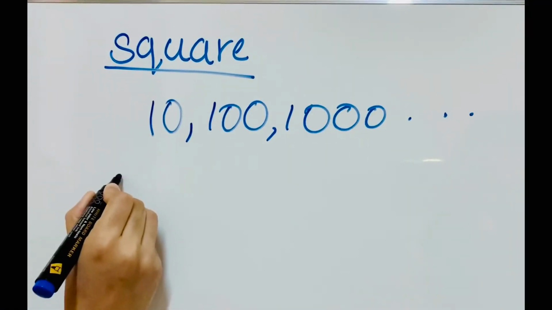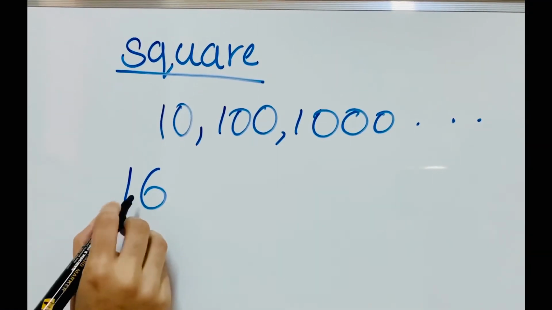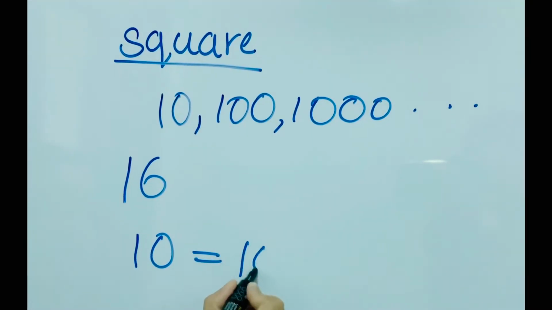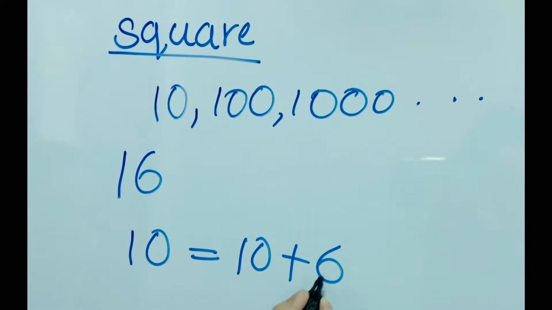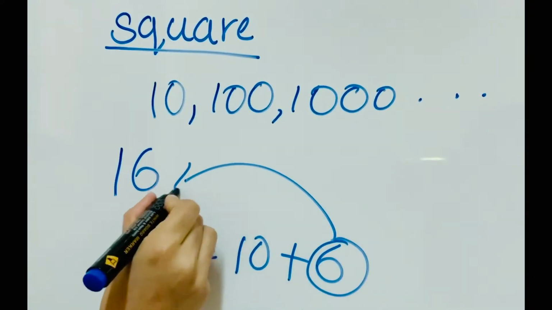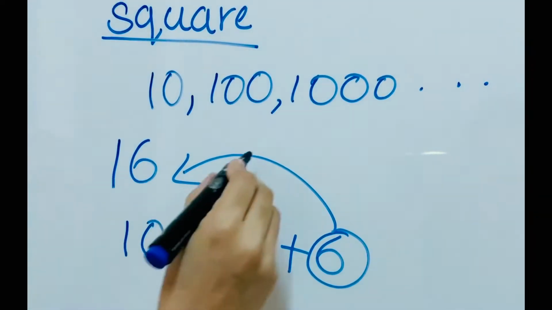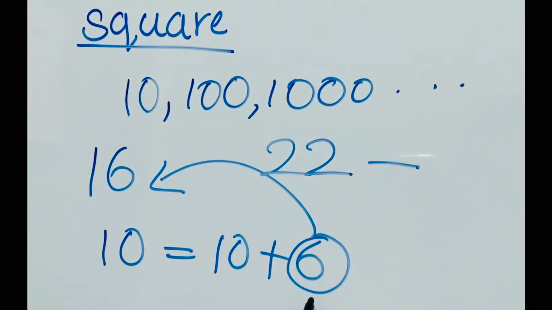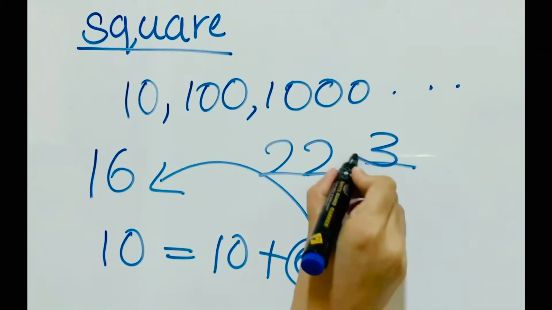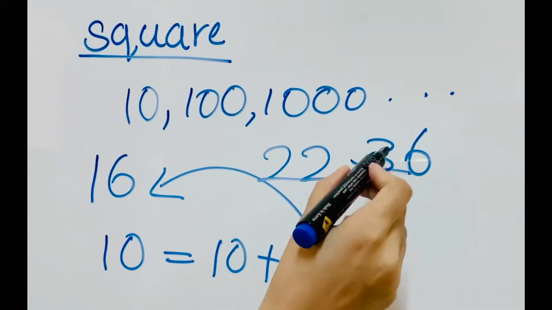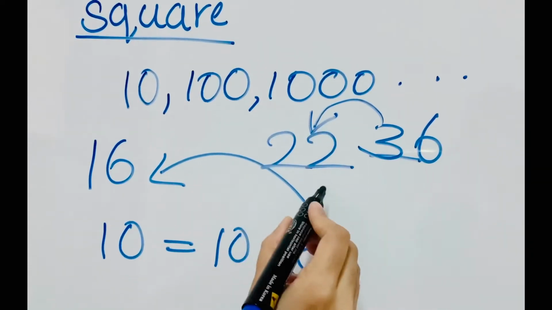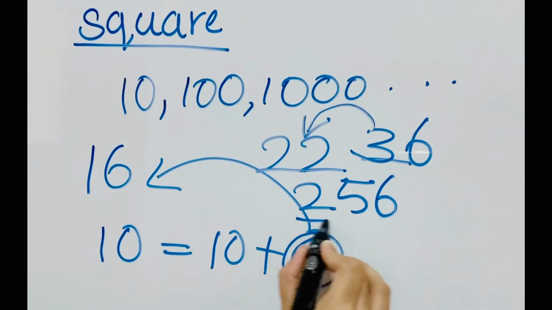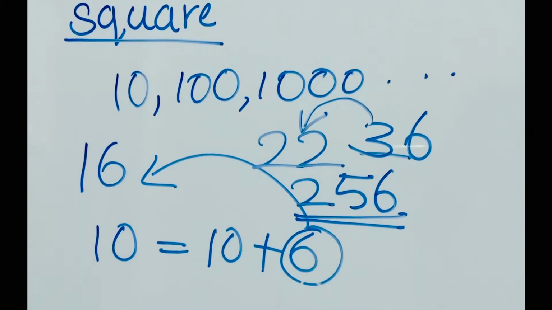Just work out a similar example. Find the square of 16. Here also the base is 10 and the difference between 10 and 16 is 6. Add this difference to this number: 16 plus 6, 22. Then we need one more number. Take 6 square. 6 square is 36. But we need only one number here, so add this 3 to 22. It will be 25 and this last number is 6. So the square of 16 is 256.